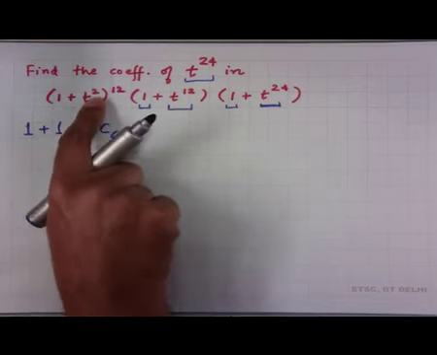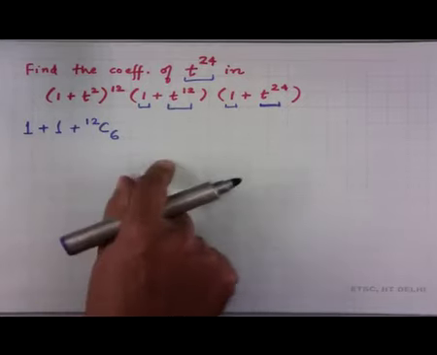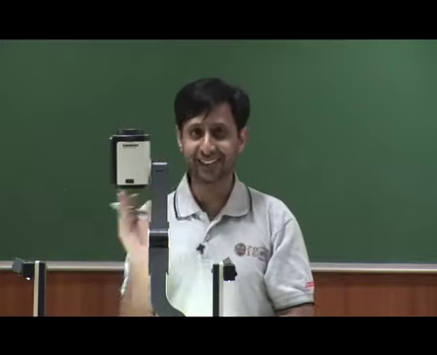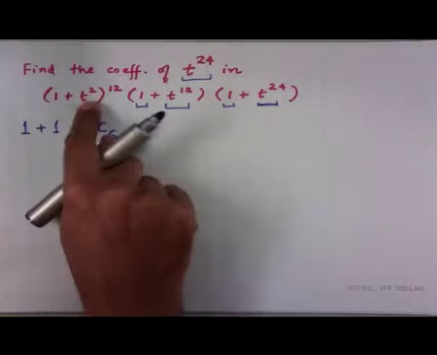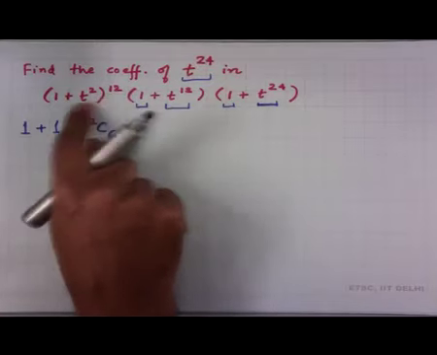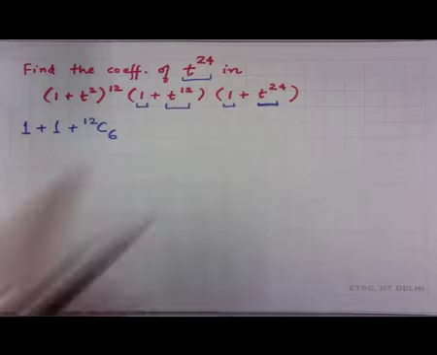It is 1 plus t squared, 1 plus t squared, 1 plus t squared, 12 such products, right. Out of those 12 products, if you pick 6 t squareds and 6 ones, then you end up with t power 12, right. So, this is your answer,